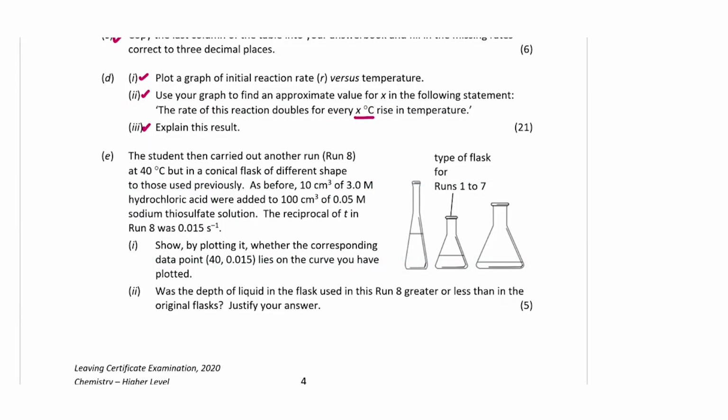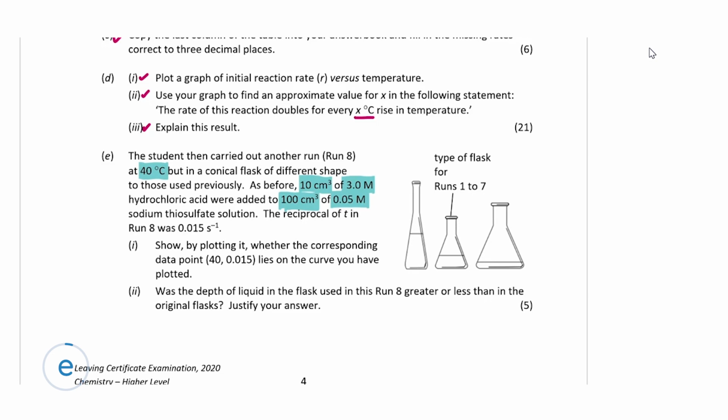Okay, so now let's move on to the last question, which is question E. We're told that the student then carried out another run, run 8, at 40 degrees, but in a conical flask of a different shape to those used previously. As before, you still have your 10 centimeters cubed of 3 molar hydrochloric acid, and they were added to 100 centimeters cubed of 0.05 molar sodium thiosulfate solution. And the reciprocal of T in run 8 was 0.015 seconds to the power of minus 1, okay,